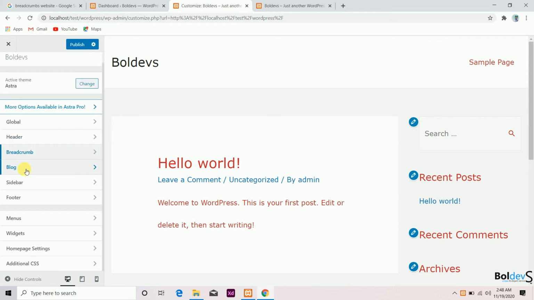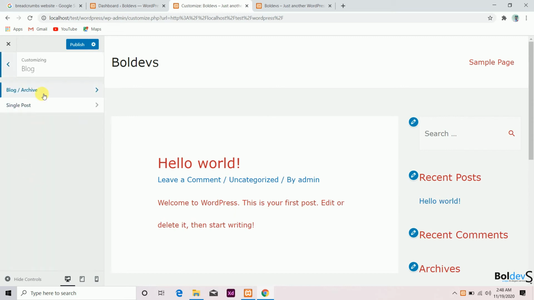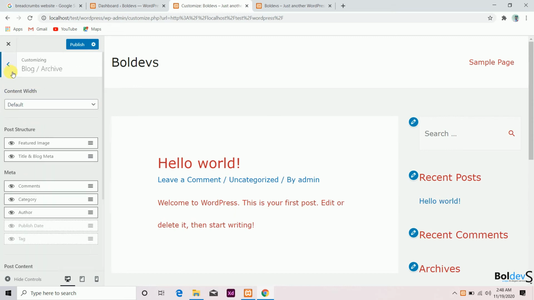And then below that you can find a blog. I already explained to you that there will be a separate section for blog in WordPress. Then after clicking on blog, you can find some blog archive settings, post structures, and single post, anything. So these are all complete modifications, guys. You have to explore. Just click on the option and explore the content. Okay, if you have any doubts, just message me or post a question in the Q&A session.